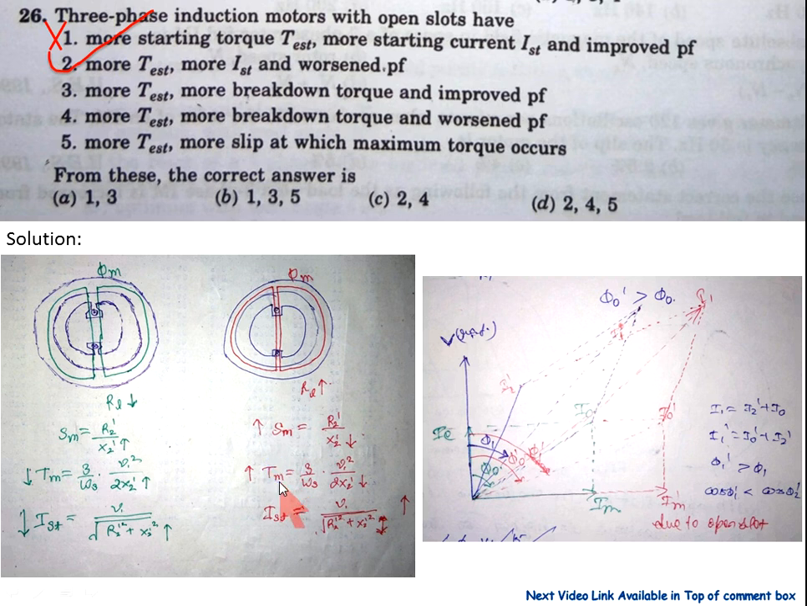So yes, the breakdown torque is more. And improved power factor, no. Power factor is not improved, power factor is worse. So statement third is wrong. And now come to statement number